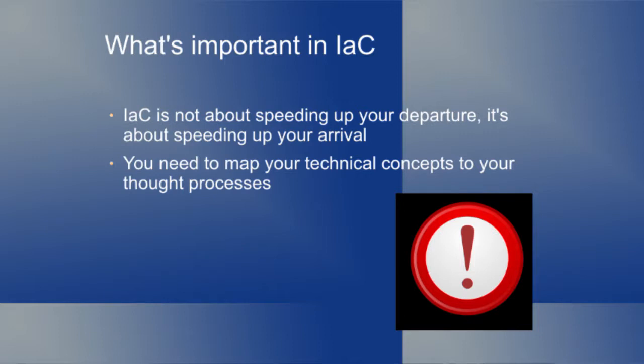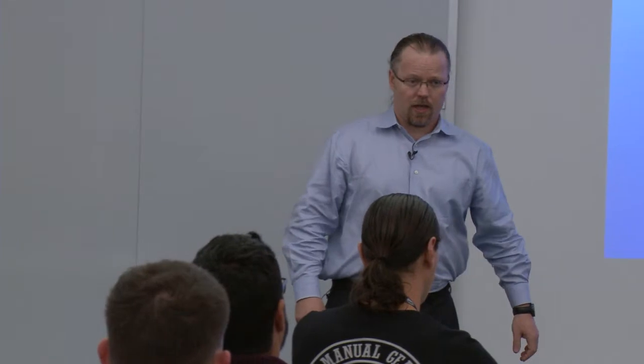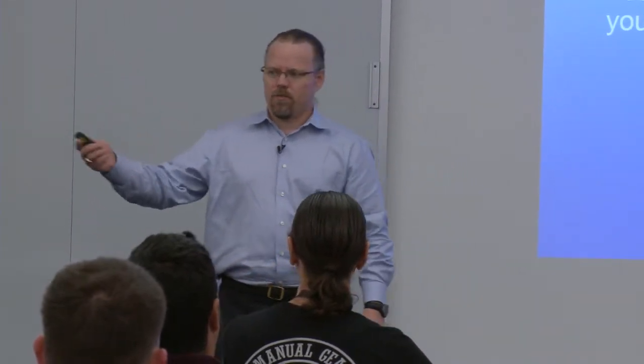Next thing that's important in infrastructure as code, very much like program code, you need to map your technical concepts, how you think about the problem. So I think about it as a web server, an app server, a database. I want to express that as a web server, an app server, a database. I don't express that as an Ubuntu box that happens to be running Nginx. Right? So I want to make these concepts have a very clear relationship so I can manipulate them better and change them better.